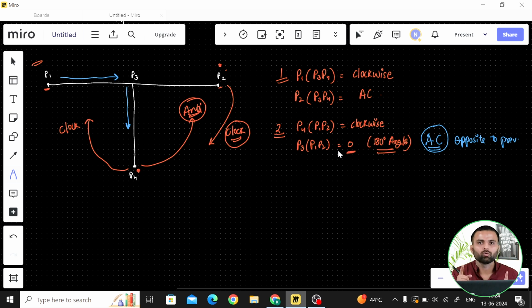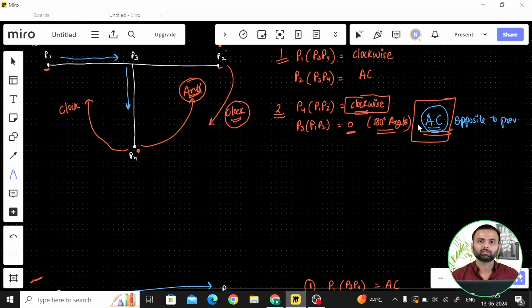If your answer is 0, it means that it should be opposite to your previous value. The previous value is clockwise. It means that it's AC. AC means anti-clockwise, right? So yeah, that will be the trick of this. You just have to assume the opposite value according to your previous value, right? So I hope you understand when the lines are looking like this, it's also an intersection, right? So here the answer is yes, or we can say true. Yeah, there will be an intersection point, because that point lies on the same line, right?